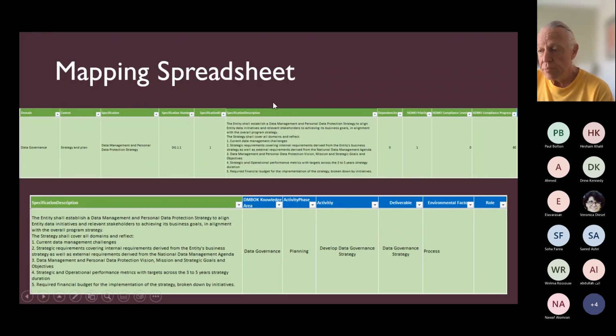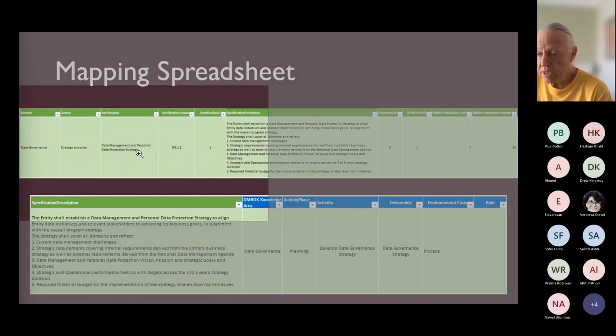Now, this is your important one. This is the mapping spreadsheet that I've been talking about, that I raised on LinkedIn. I just wanted to give you a quick view of it. I'm sure you won't be able to see anything, but let's go down and look at this area.